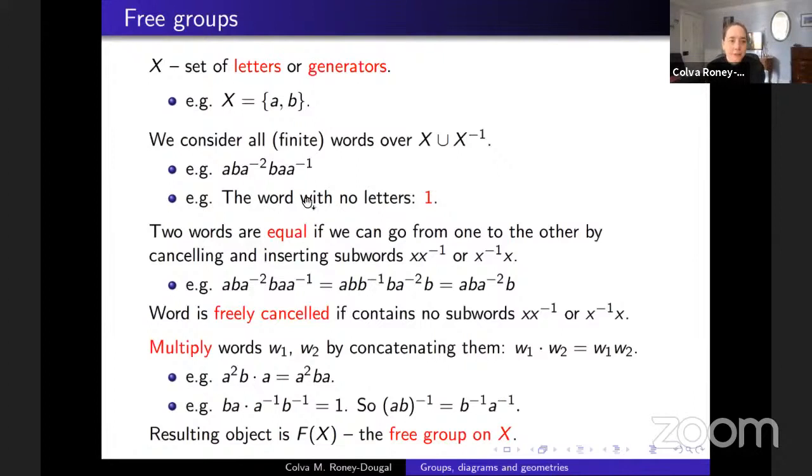But if I was just studying free groups, that would be quite specialized, and I'm trying to give a fairly general talk today. So let me show you how we can go from free groups to any old kind of group. So we're going to do so by, first of all, picking a subset. So we've got our group F of X, which is just these words over X with the particular relation of equality on them. We pick a subset, which I'll call curly R, and that's a set we'll call a set of relators. So I'm going to run with the example we had before of X being A, B, and I'm going to pick as a relator A, B, A inverse, B inverse, just one.